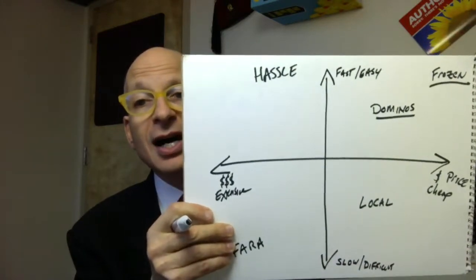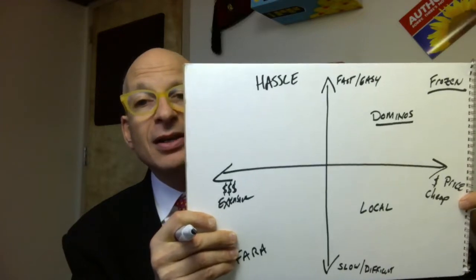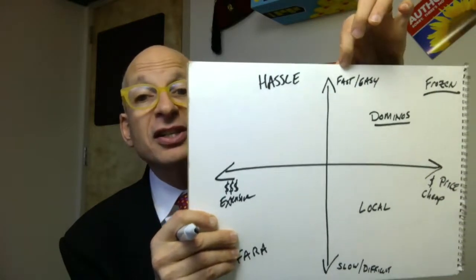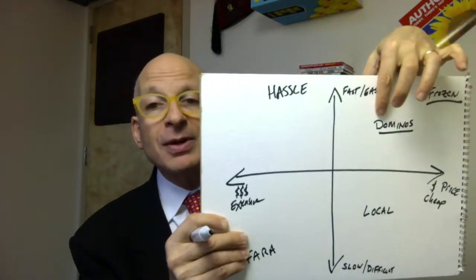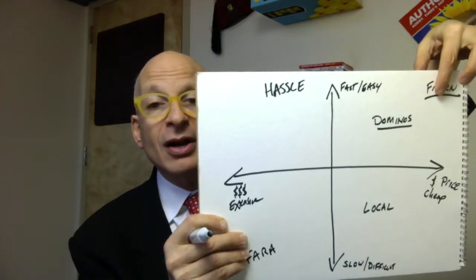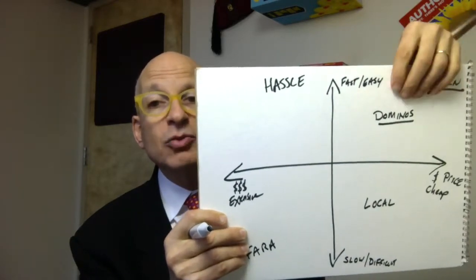But then the frozen guys came along, they're up here, and they said, we're going to be as cheap as it can be and as fast as it can be because it's in your freezer, right? So they boxed in Domino's for a lot of people because you can just go up the thing over there. But meanwhile, you may have noticed that this isn't better. This is just one of the choices.